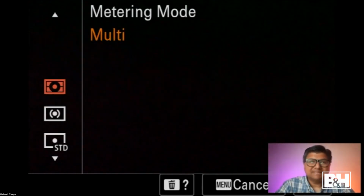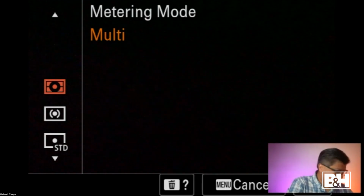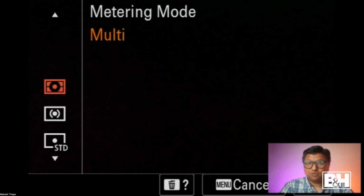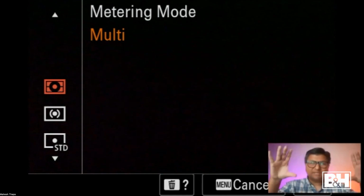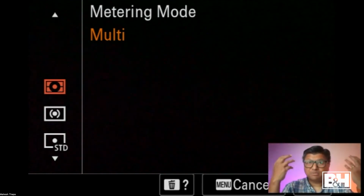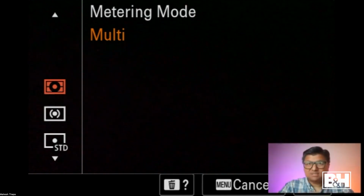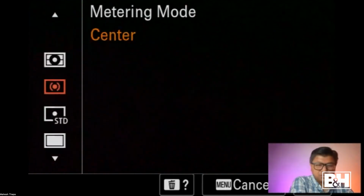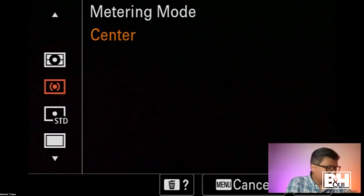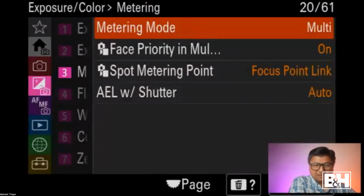For example, let's say you're taking a picture of a person who's backlit. If you use a multi-weighted center metering, it's going to look at the entire scene and it may be fooled by the backlighting. And so the image is going to be dark. The person is going to be dark, even though the scene may be fine. For that, you can switch to the center weighted or the standard spot metering, with the caveat that